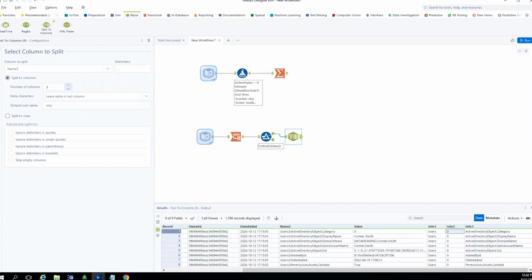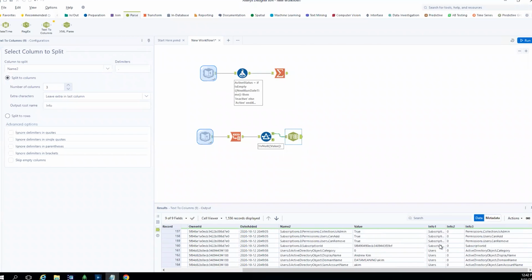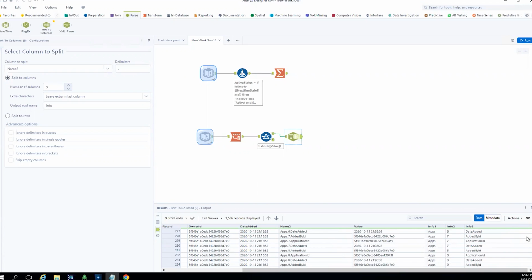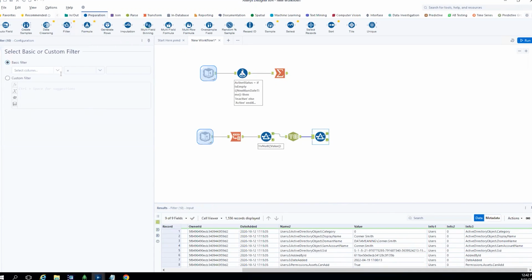Then, remember, we're only looking at apps, schedules, user groups, and users. I also have things like insights. I don't care about insights, so we're going to get rid of that. Users, user groups, I want that. Subscriptions, I don't really care about that. Let's see what else we have here. I think those are the only things we don't care about, but I do know what I do care about. So we're going to put another filter here. And I only want the records from info1,